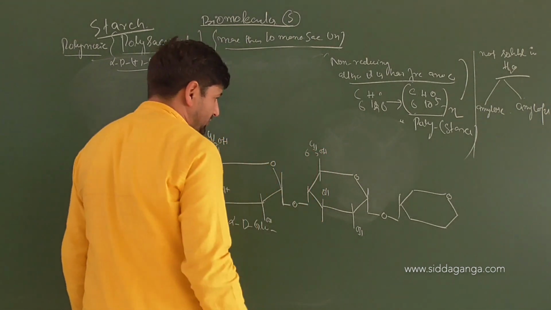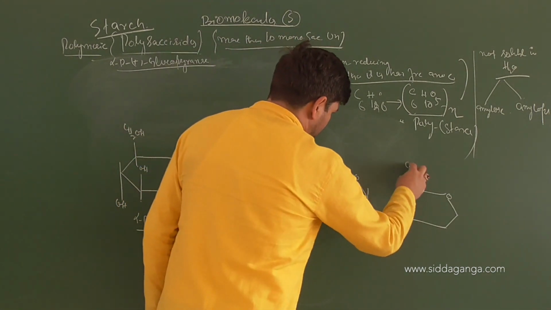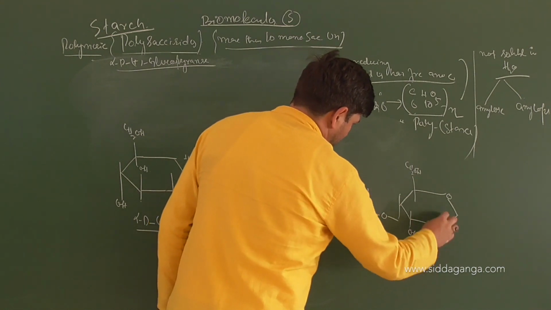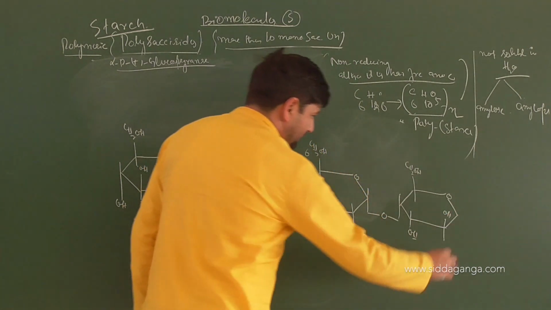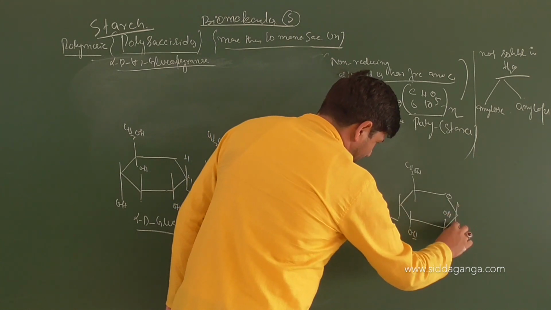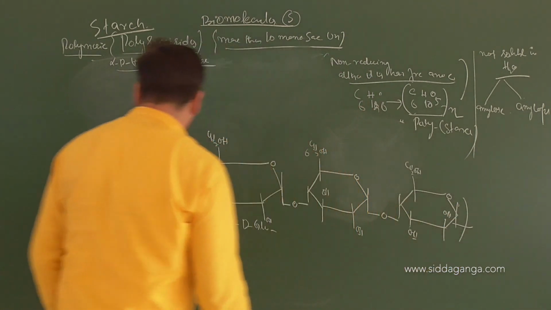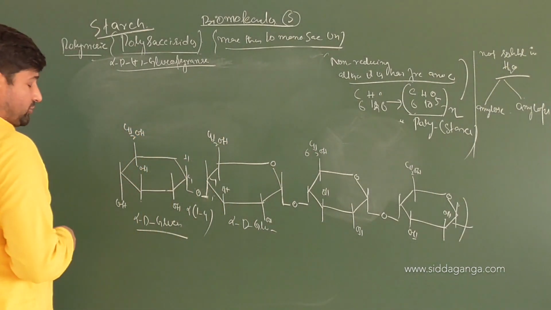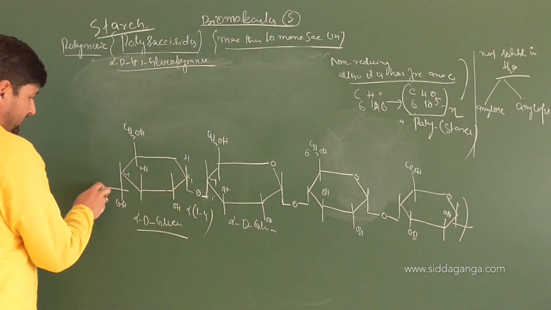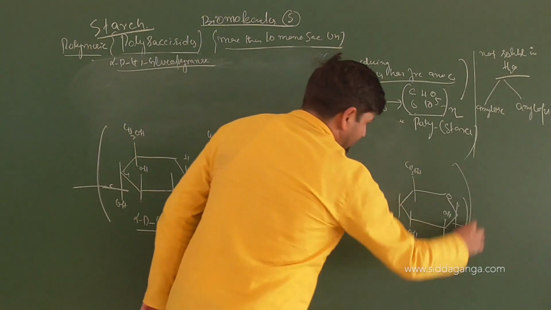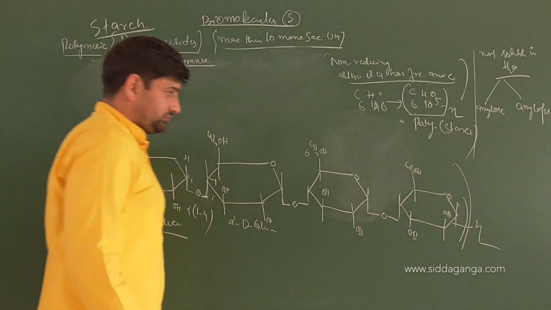This is which position? The 6th position. Here again you have CH2OH and here OH. Here an OH group is present, right? And again you have a link here in the form of OH, which can continue. This is the chain with carbon number 4. This can also continue the chain, so this chain can continue n number of times.